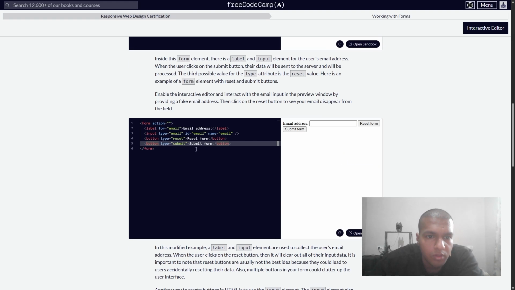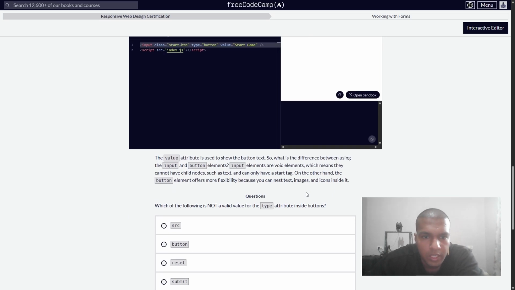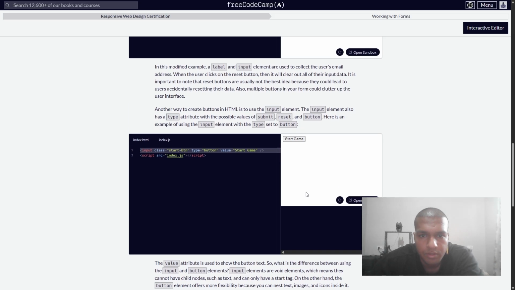Okay, now this is button type. Input type is also having reset and so on. Okay, now to say what they are saying is